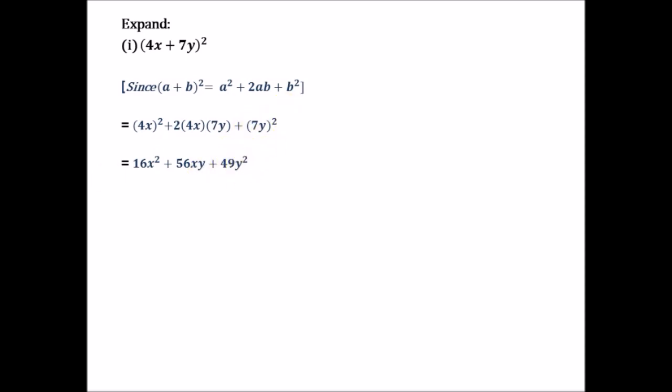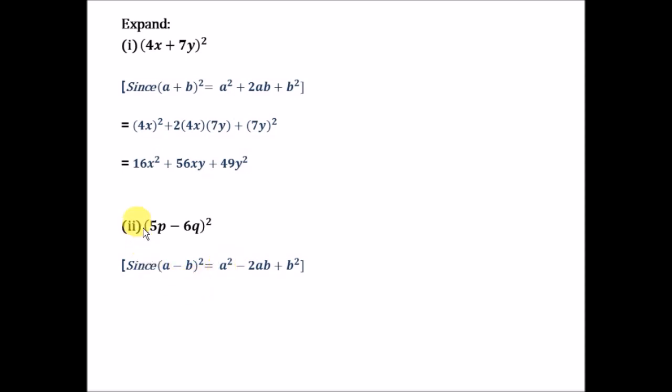So the final result is 16x square plus 56xy plus 49y square. Similarly, next question. This is in the form of a minus b whole square, where 5p is a and in place of b we have 6q. So a minus b whole square. Since a minus b whole square equals a square minus 2ab plus b square, so in place of a